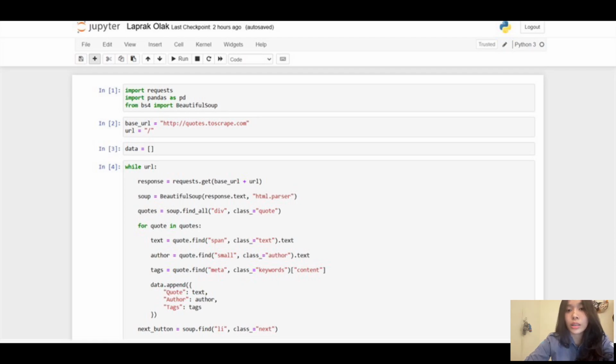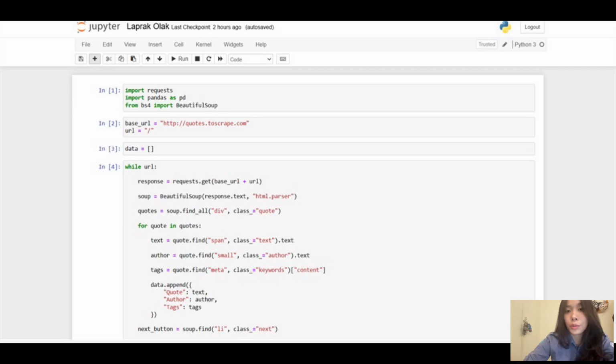Meanwhile, Pandas was used to organize the scraping results into a data frame and save them into a CSV file. The program collected three main data elements, which were quote text, author name, and tags. The program searched for every quote element available on the website and extracted the information automatically.